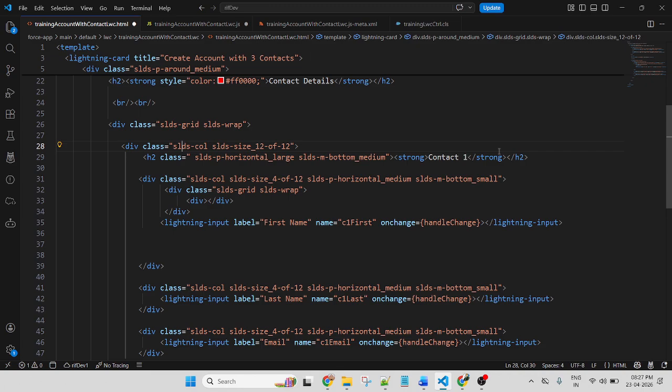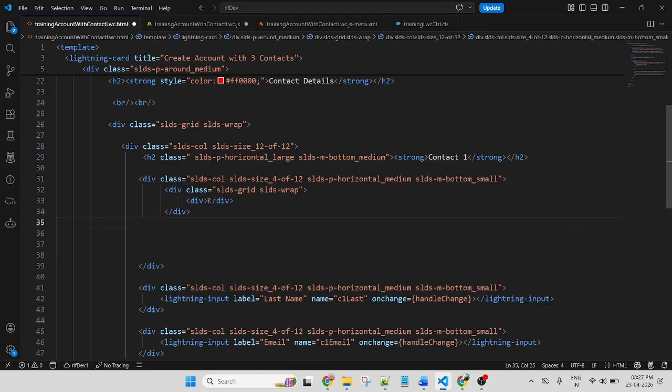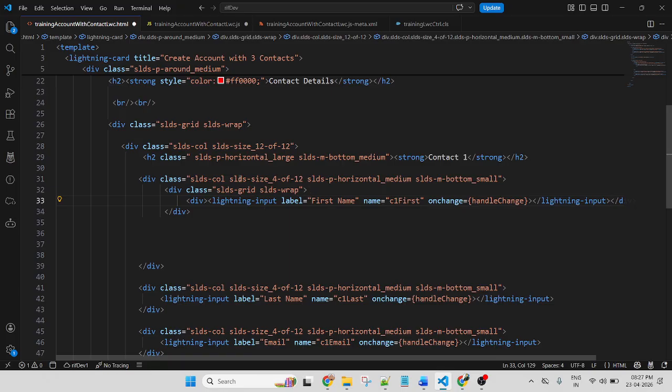Well, full row. Copy inside this. This tip close here.